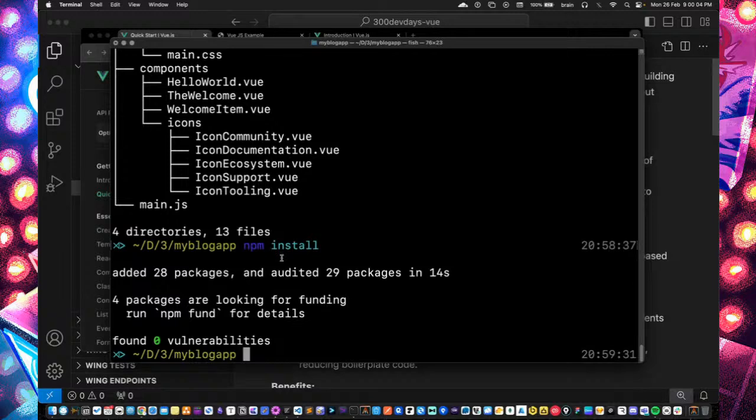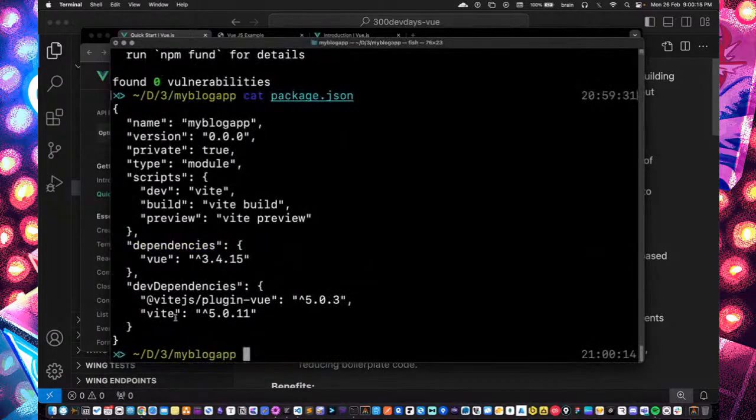Okay, so now we have run npm install. It has added 28 packages, right, to this particular project. Okay, and you can basically confirm the packages. If you check package.json, you can see these are the packages that were added, right? So you see it added Vue, right, and it added some dev dependencies. So basically, those packages that were added are basically the packages that will be